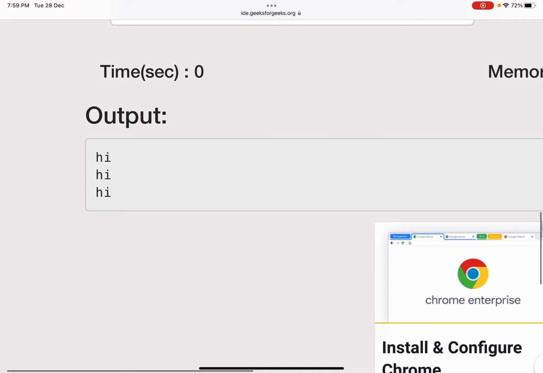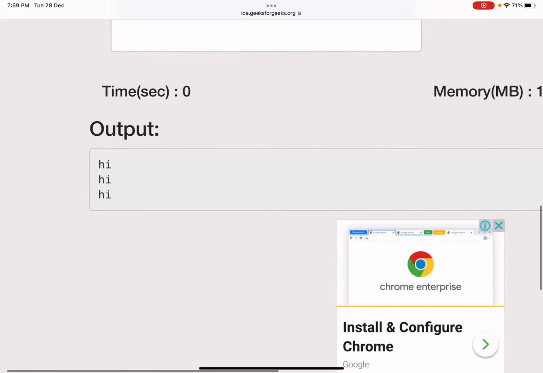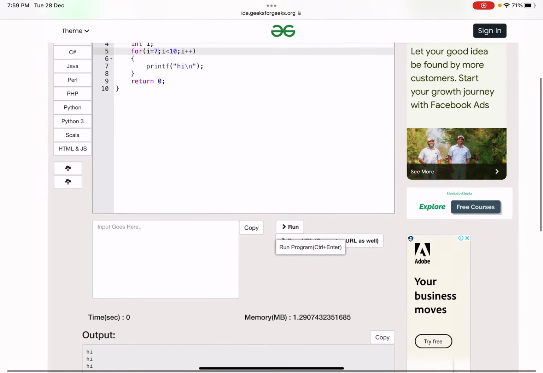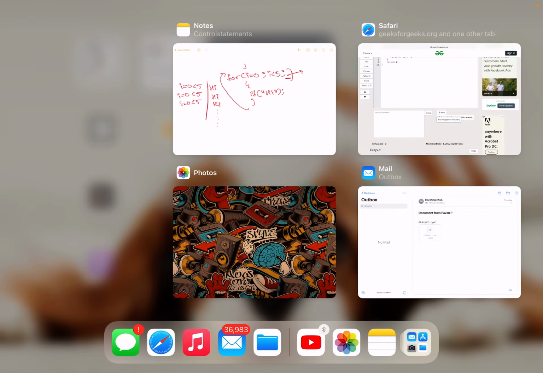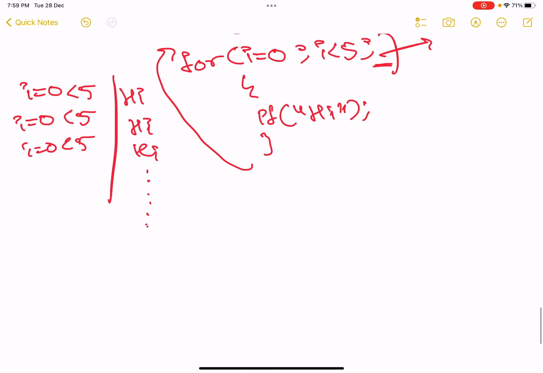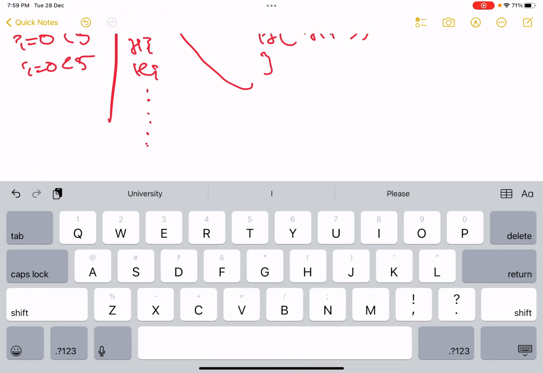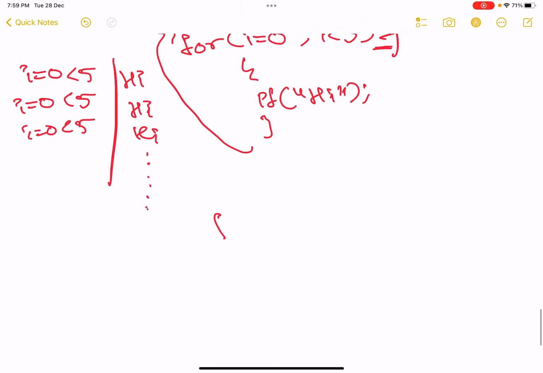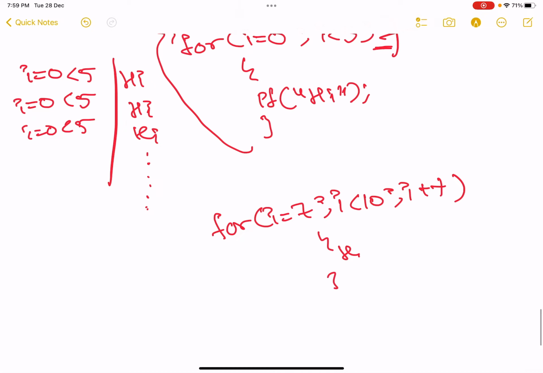Can I write it here? No. Why did 3 times come here? I'll show it here. See, I initialized, understand this, it's very important. For i is equal to 7, i is less than 10, i plus plus, correct? And I'm printing hi here.